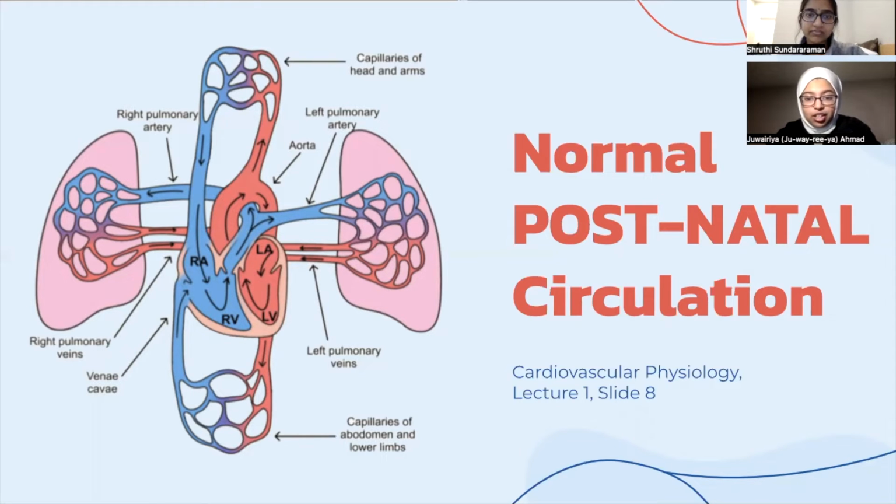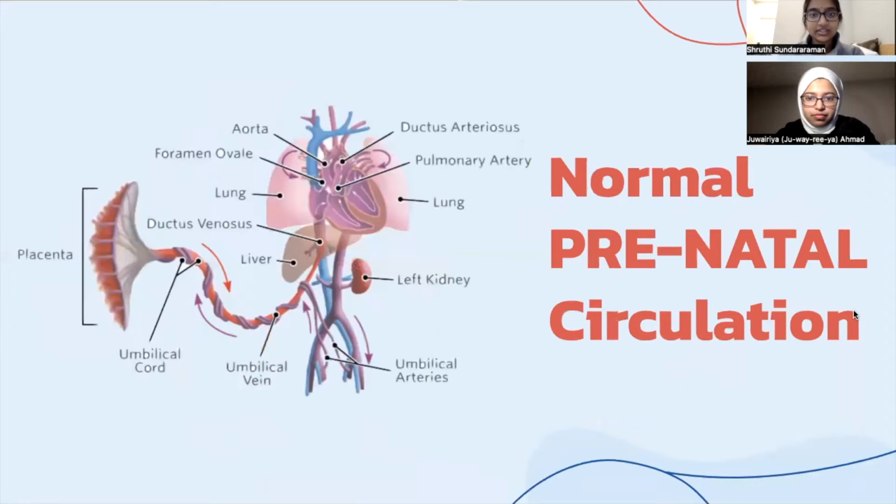In systemic circulation, blood from the left atrium is then pumped into the left ventricle, from where it is pumped into the aorta and can now travel the rest of the body through arteries. While this is the regular circulation postnatally, this is not the case for the fetus. In fetal circulation, deoxygenated blood from the fetal body enters the right atrium and goes into the right ventricle and